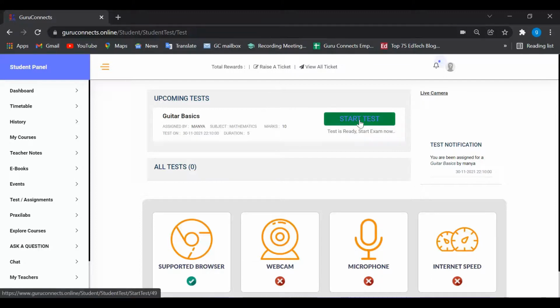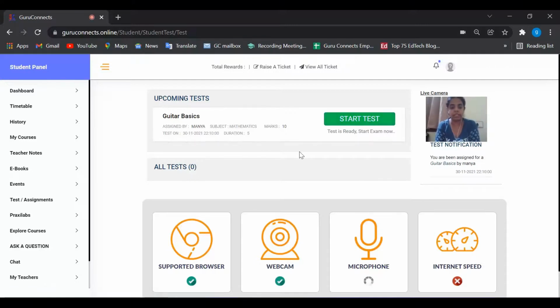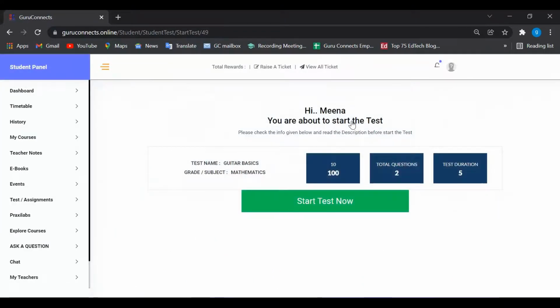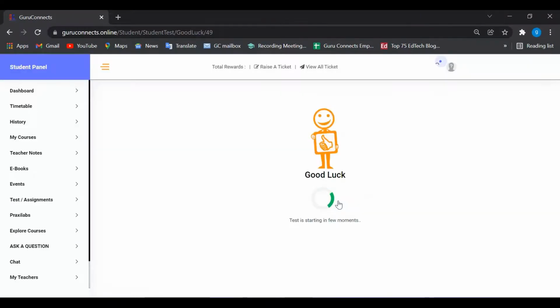Let's start the test. So as soon as you are on this test and assignments page, your camera automatically starts and you will be able to take the test. If your camera is turned off, you will not be able to take the test. This is because you have to do the proctoring. So let me show you how it is done. Let me start the test